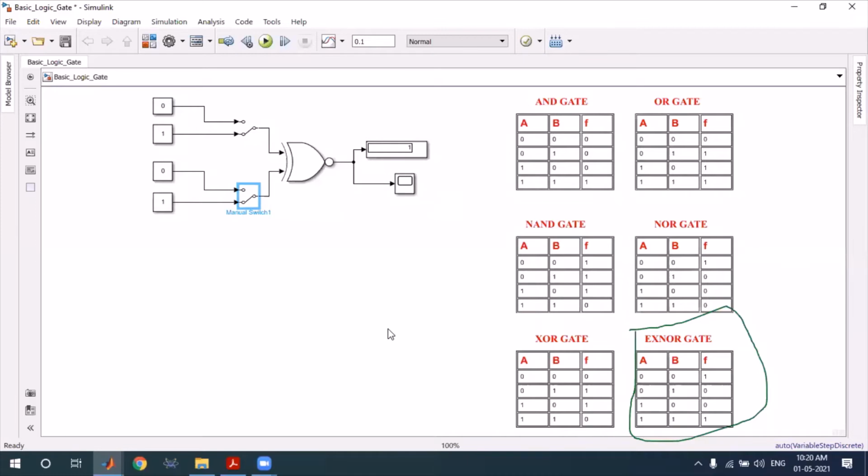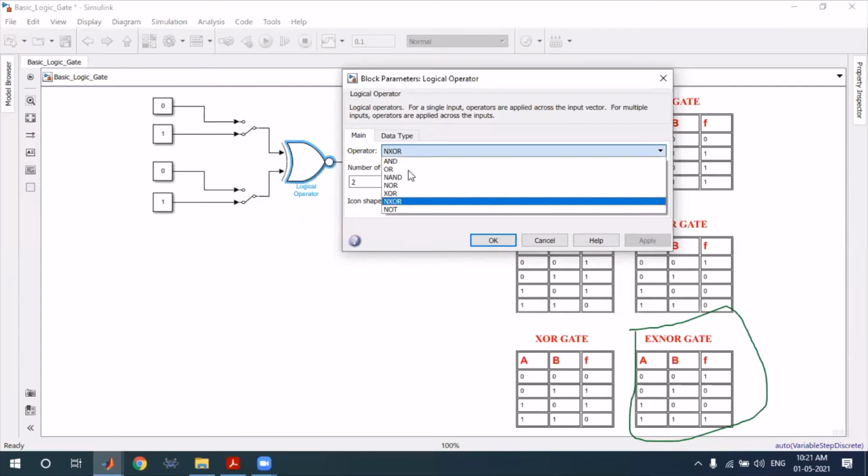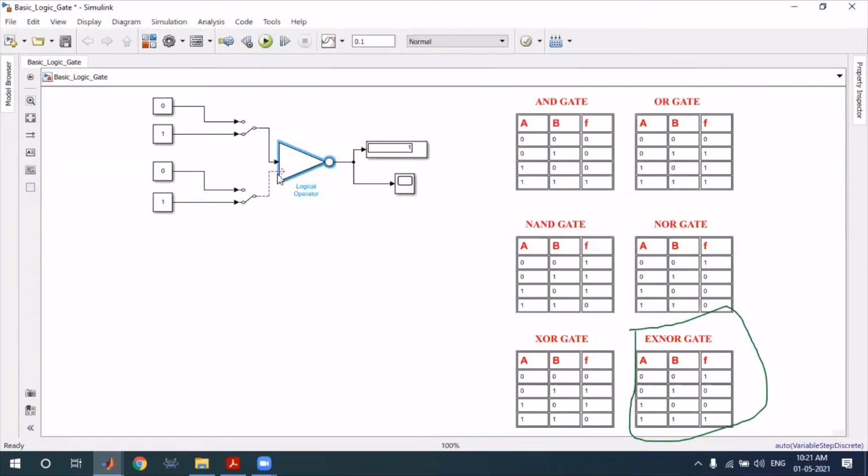So this is what we just verified: these basic logic gates with the help of MATLAB and Simulink. If you try to verify the NOT gate, I didn't make the truth table of the NOT gate, but you know better that if the input is 1, then the output is 0. Let's see what happens. We verify using the NOT gate, and you know in the NOT gate there is always one input. It means this other input is useless, so you can just remove it if you want.